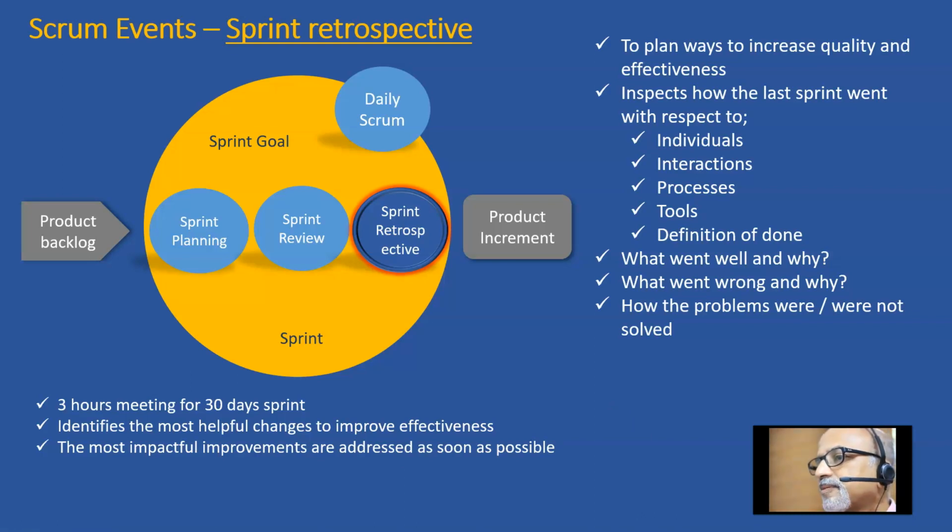The retrospective is a kind of lessons learned meeting which happens at the end of every sprint. It runs for 3 hours for a 30 days sprint, and the team discusses what all things we did right, what all things could have been done better, and what all things we should be doing immediately in the subsequent sprints. These things are discussed in detail so that the corrective actions can be implemented in the subsequent sprint.